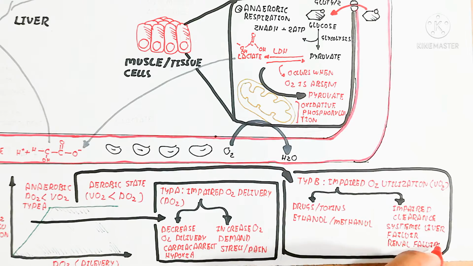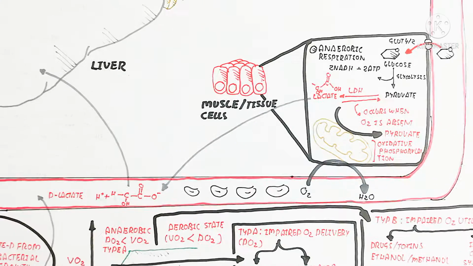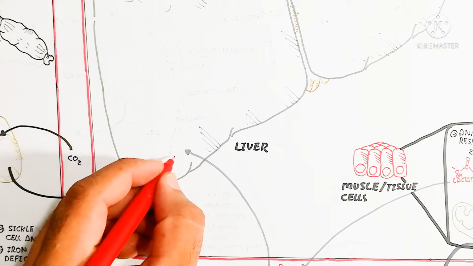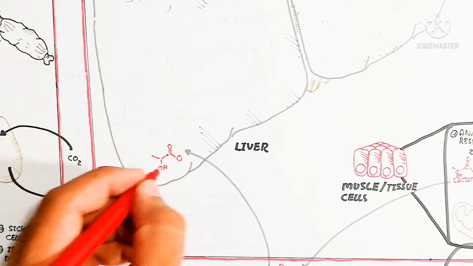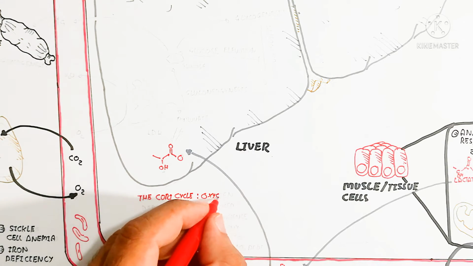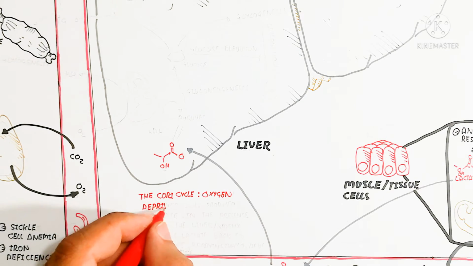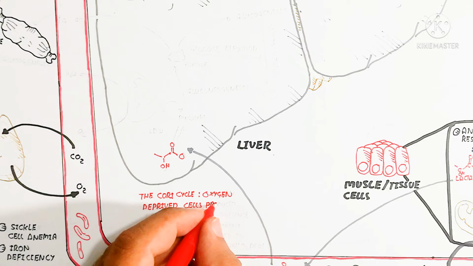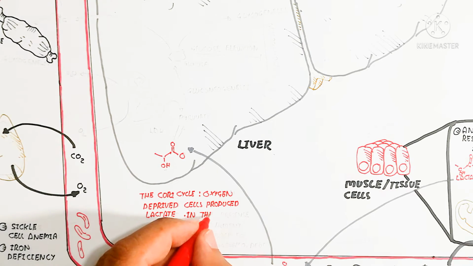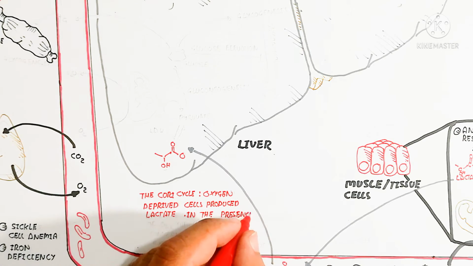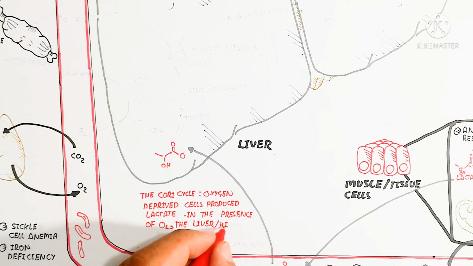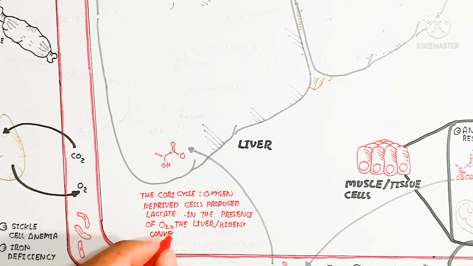When alcohol produces acetaldehyde, a lot of NADH is produced, which inhibits glycolysis and also inhibits the Krebs cycle in the mitochondria. Why? Because a lot of NADH is present in the cell, so we no longer need to produce more NADH. That means alcohol is dangerous for lactic acidosis.